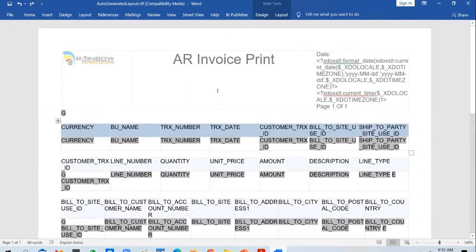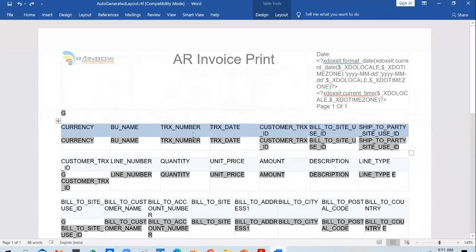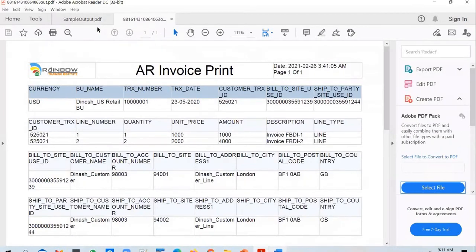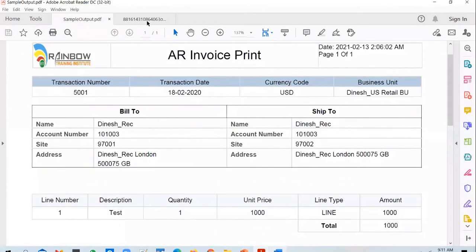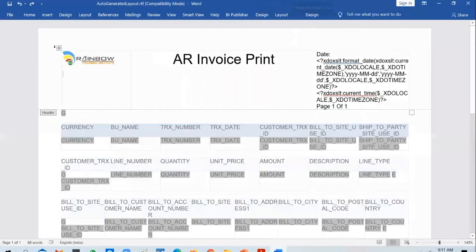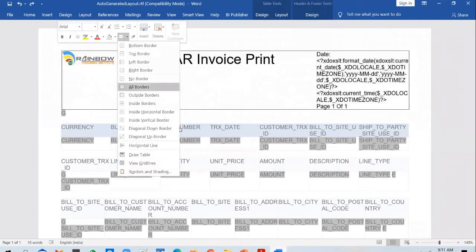And after fixing each and every section, you can go ahead and print the output to see how it looks. So you print the PDF output now, and you see the output getting printed. Okay, and you try to compare it with the sample output that you have got. Yeah, you could see the details in there, but it makes sense to take out the border. If you don't want to see the border, you can take it off. What you can do is select the table and say no border.